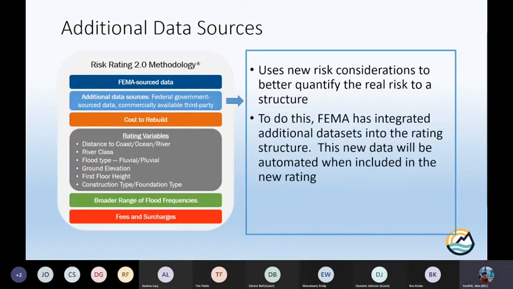To do this, what FEMA's doing with these different data sources is they're actually baking them straight into the rating engine itself. Insurance agents and property owners are not going to have to do anything to access this data. So when the agent types in the homeowner's address, it's going to look at a lot of these factors and already have it pre-populated to where there's only a few individual questions about your building itself. So a lot of this commercially available data is already baked in.